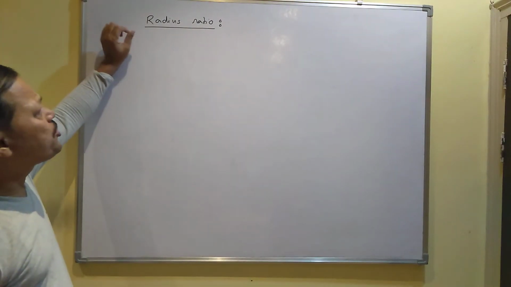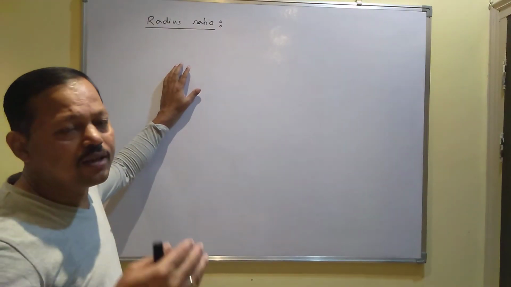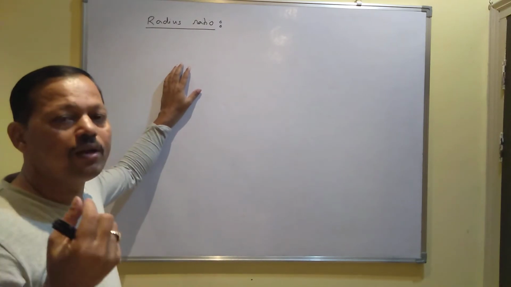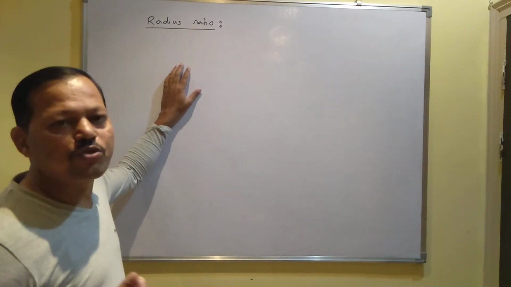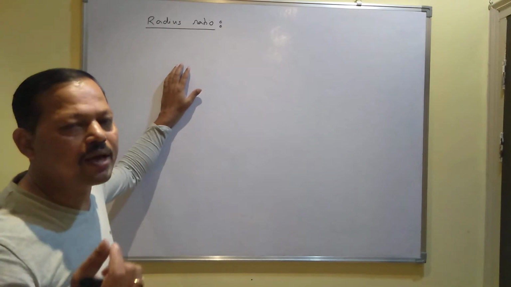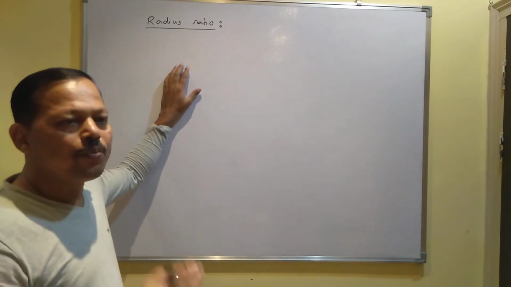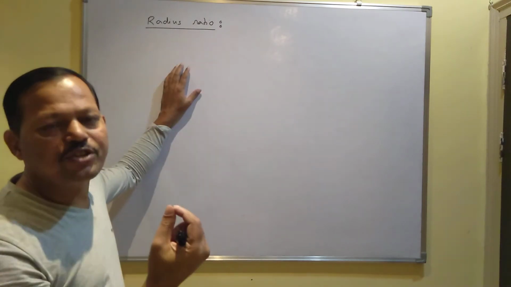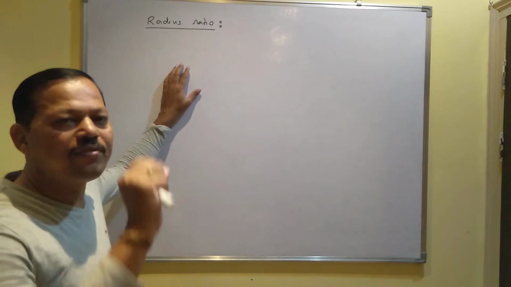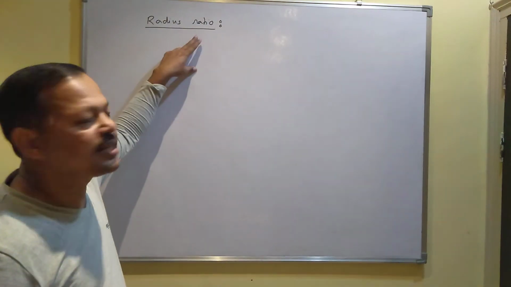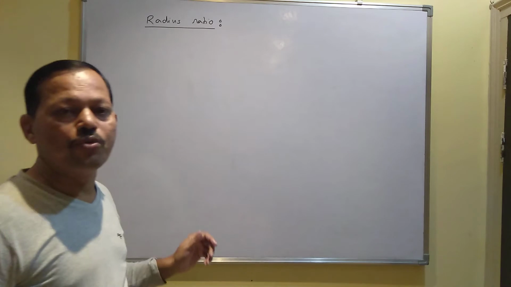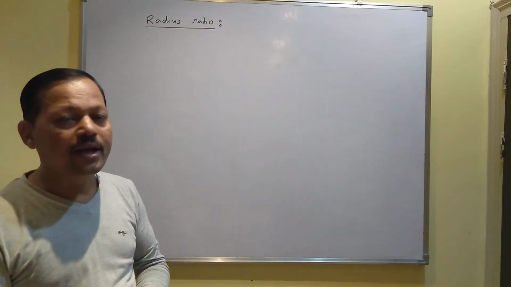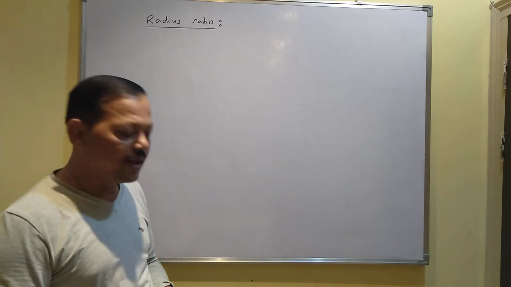And what is radius ratio? Radius ratio is the ratio of the radius of cation to the radius of anion. For example, if you consider a sodium chloride crystal, this is one example of an ionic crystal. Here the cation is Na plus and the anion is Cl minus. So when you put the radius of the cation, I mean the radius of the sodium ion, divided by the radius of the anion, the chloride ion, you will get the radius ratio, and from the radius ratio value, you can find out what will be the possible structure for the sodium chloride crystal and what will be the coordination number of the crystal.